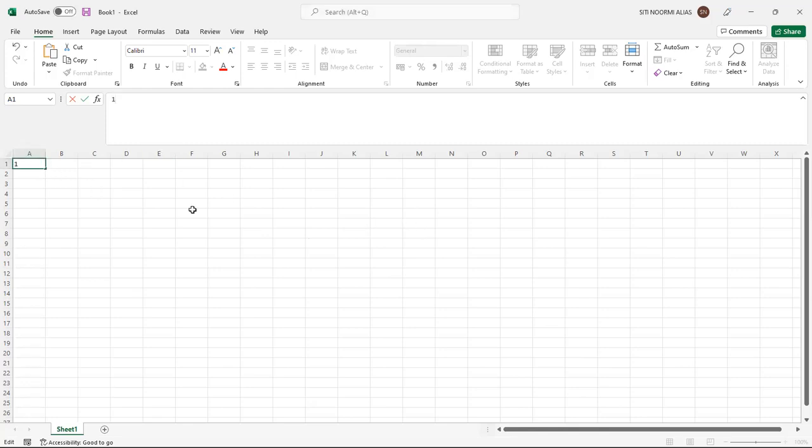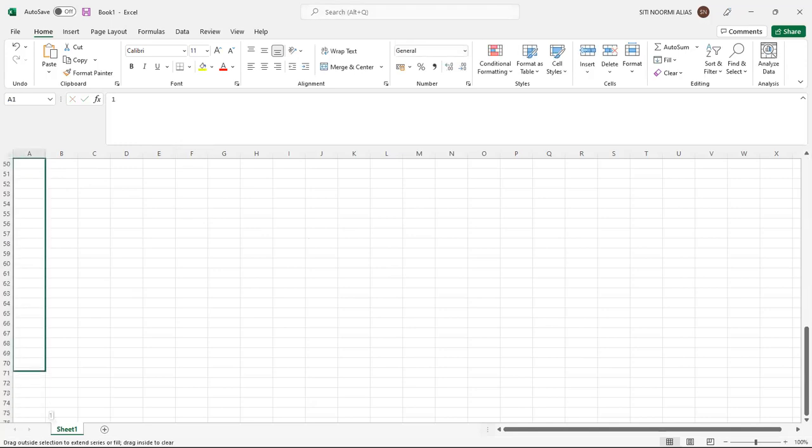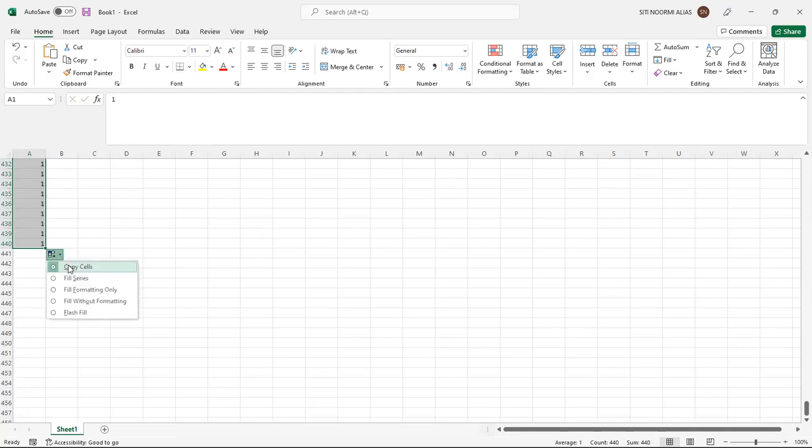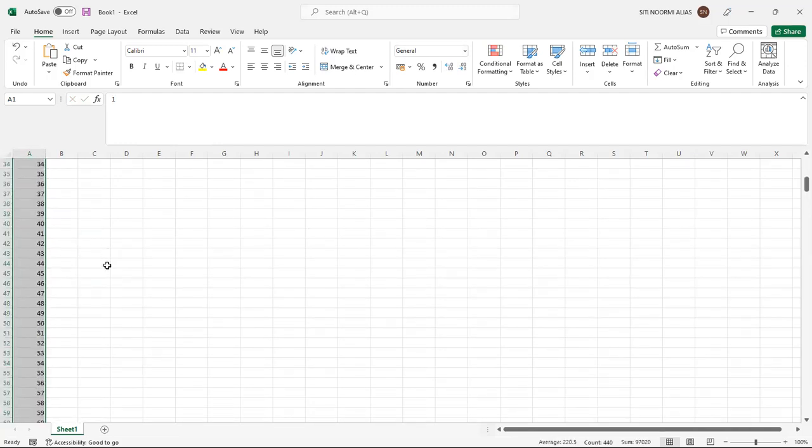Bila kita dah tahu siapa populasi dan bilangan populasi ni, dia sangat senang nanti. For example, in my case, I state here that the population is 440. Contoh, saya ada 440 populasi saya.